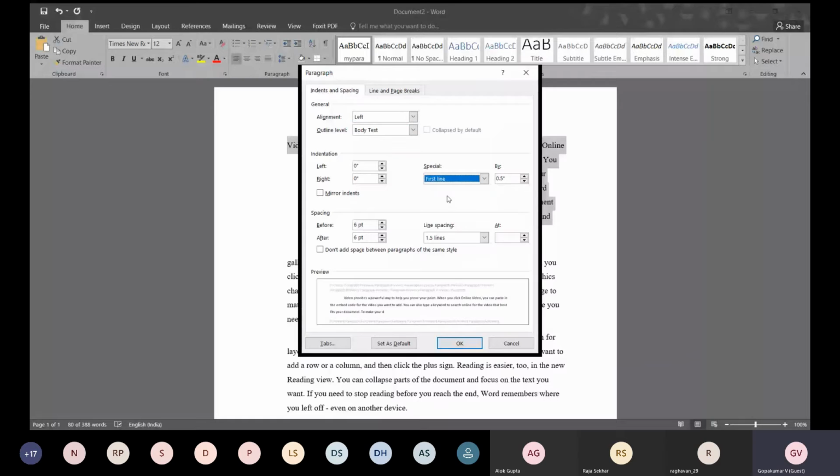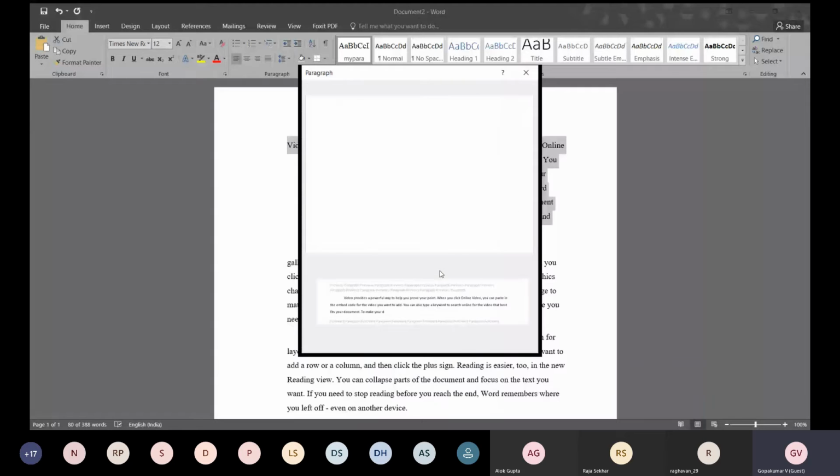And before and after 6 point. So before a paragraph and after a paragraph, if you need to leave a little space, this is an option. 6 point above and 6 point below. And this is the space between lines. Earlier it was called leading, because people used to keep lead in between the lines of printed text to increase the space.